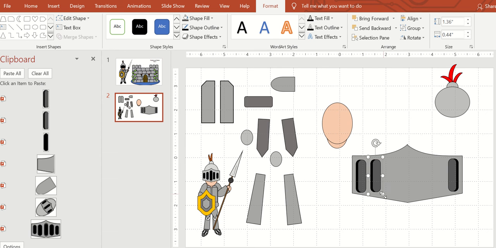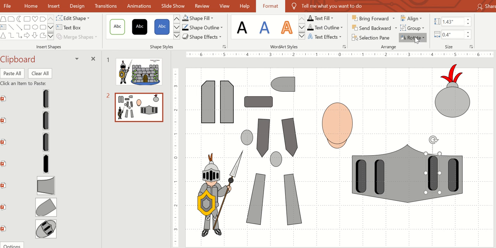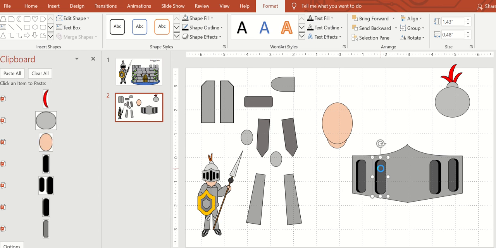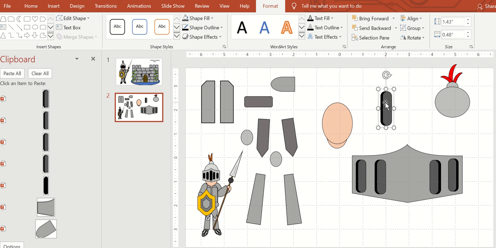Let's make one just a little longer. Not that long. Copy, paste, rotate it horizontally. These are just a little bit smaller, so we'll make them bigger. And then go ahead and copy, paste again, but this time I'm going to make this darker one just a little bit longer